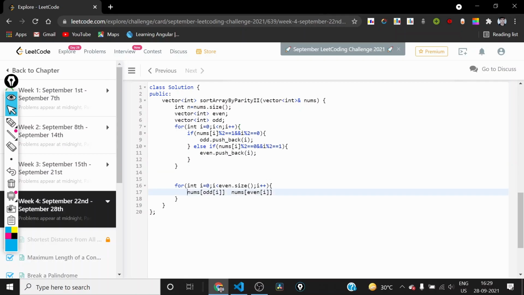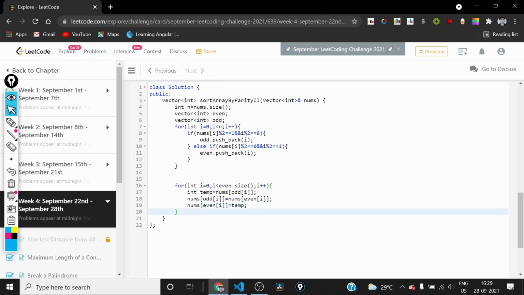So first of all, we'll be using a temporary variable called temp. Now I can do nums of odd I is equal to nums of even I, and in the end nums of even I is equal to temp.